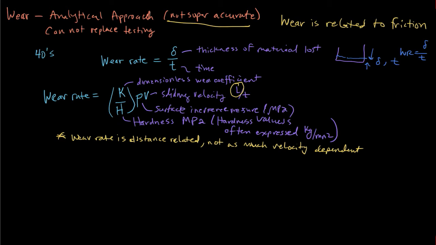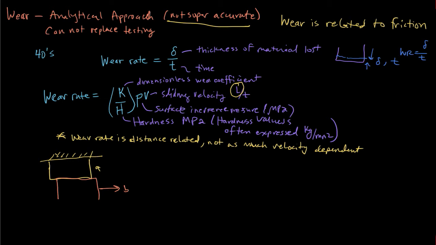Okay, so another way of thinking about this is, if you had something running at a constant speed for a certain amount of time, then you could put your velocity here to get your wear rate. But the right way to think about it is that it's length dependent, even though these units are velocity. So if we have two objects, say object A and object B, that are sliding relative to each other, and you could say that this one is stationary, and if this was A and this was B,